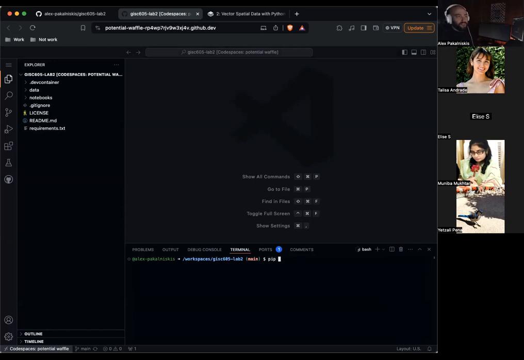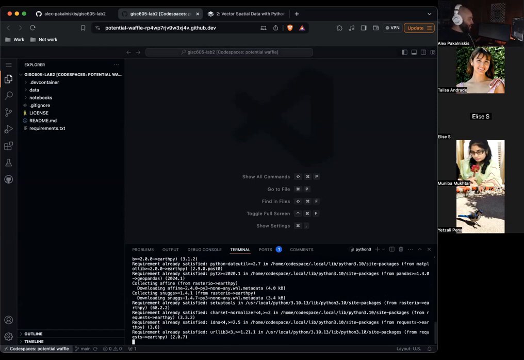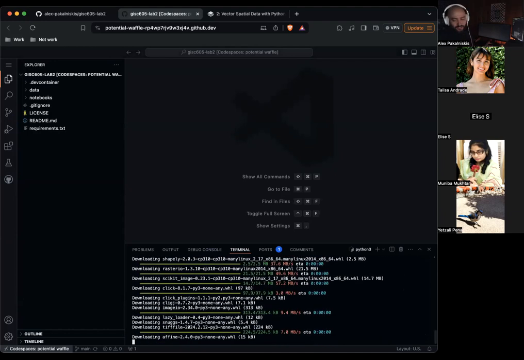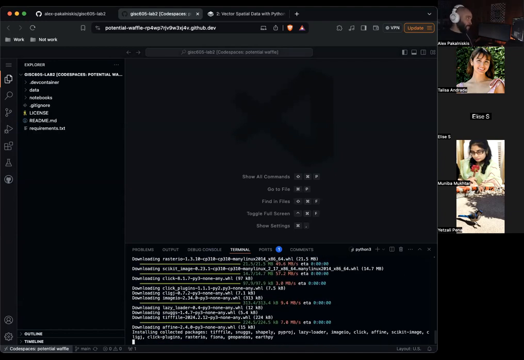And you're going to type into the integrated terminal that's located in your GitHub code space. So pip install GeoPandas and EarthPy. So GeoPandas is this geospatial extension to pandas.